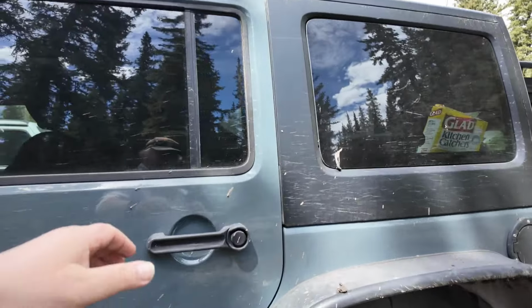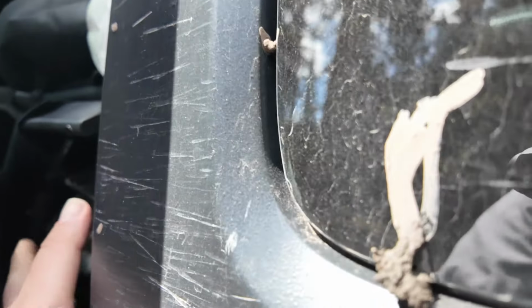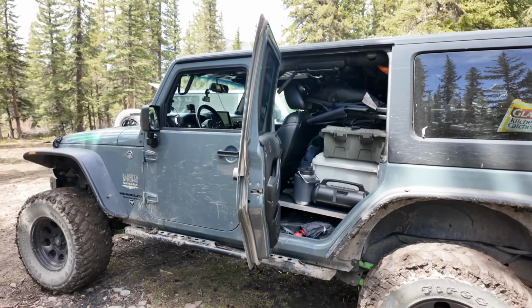You gotta be very careful. I open up this door because it's booby trapped from driving. Definitely so far on this trek, Sundre West is some really nice campsites, like a lot,